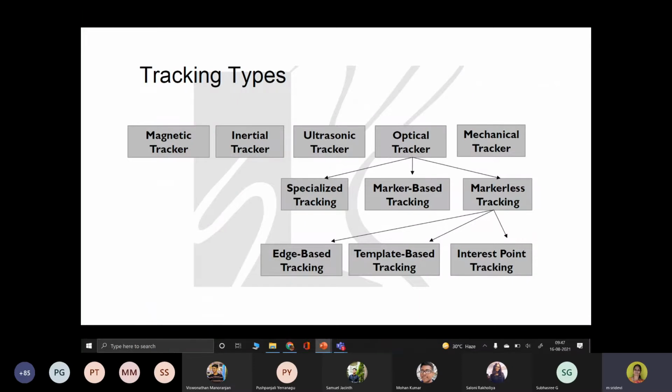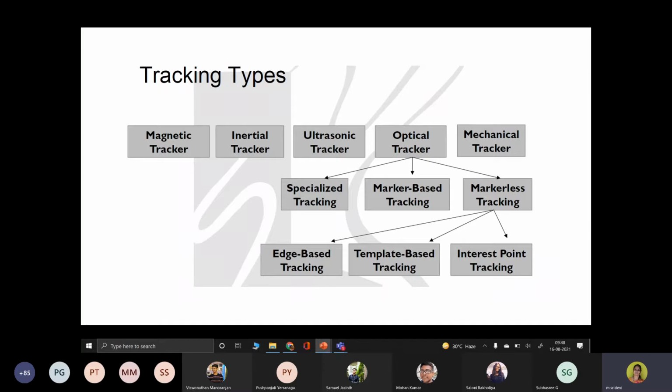When it comes to the disadvantage, similar to the ultrasonic tracker, this also has 3 degrees of freedom and low latency response to quick movement. When movements are quick, the latency disturbs the reality environment.